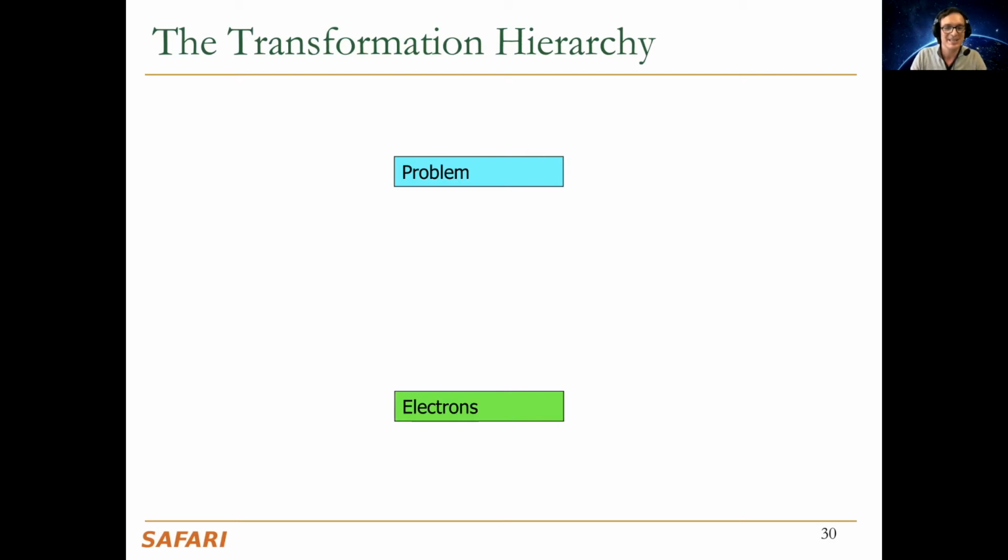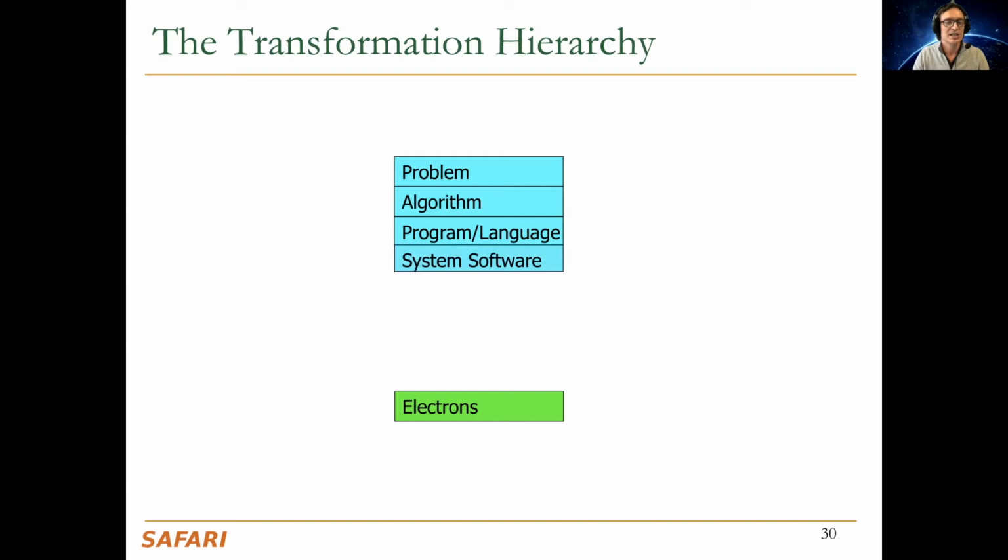Clearly, we cannot speak electron language. At least so far, we have not figured out how to speak that electron language very well as humans. So we have abstraction layers built into it. We translate the problem to an algorithm. The algorithm gets written as an implementation in a programming language, and then that gets executed on top of some system